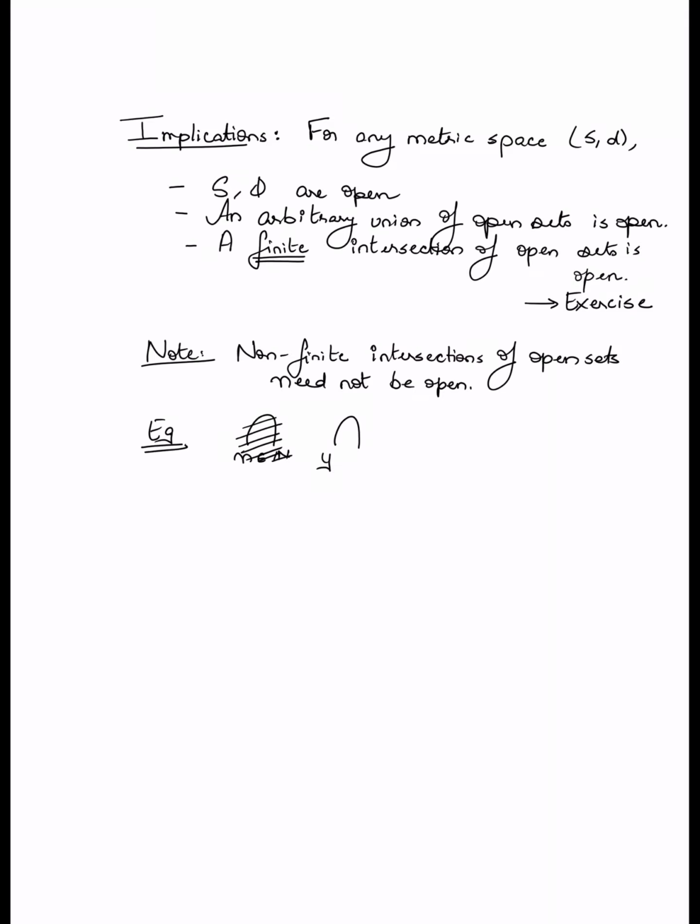In particular, the intersection over the positive reals y, from 0 to infinity, of the set from minus y to y. Remember, y is a positive real, and for every y we are interested in the open set from minus y to y. So these are clearly open. I am now constructing an uncountable intersection of these open sets, and in fact you can check that this is in fact